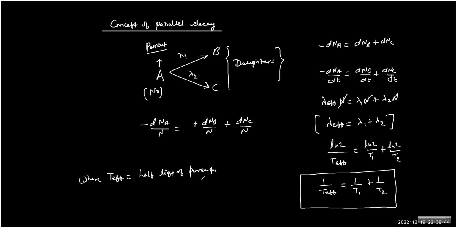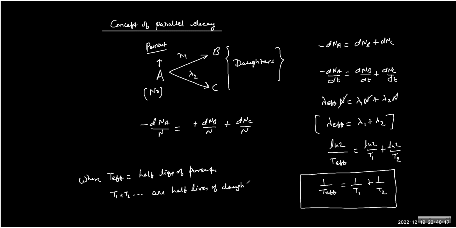In terms of lambda, it is very easy to understand, because it's an actual decay process. So the loss of nuclei by A is the gain by B and C. So that is an easy way to start with. When you are in doubt, start with the count, just the number, and then you can eventually calculate. So T1, T2 are half-lives of